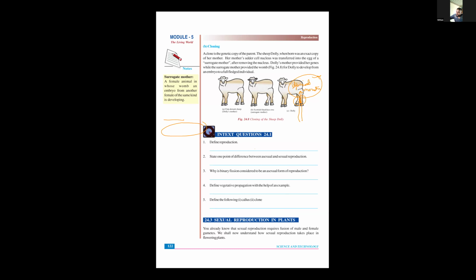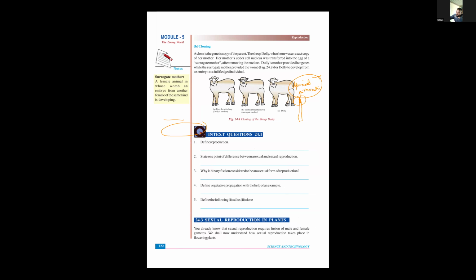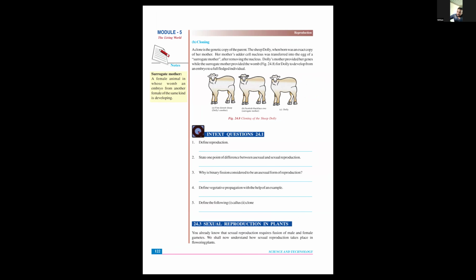Now, cloning. Cloning is basically what they do. It's called a surrogate mother. What they call a surrogate mother. Now, what happens is that